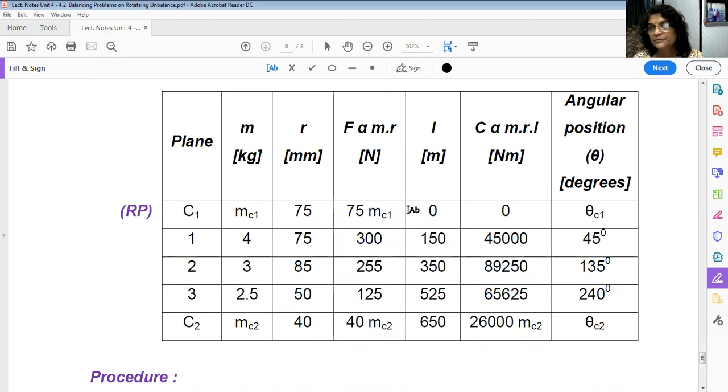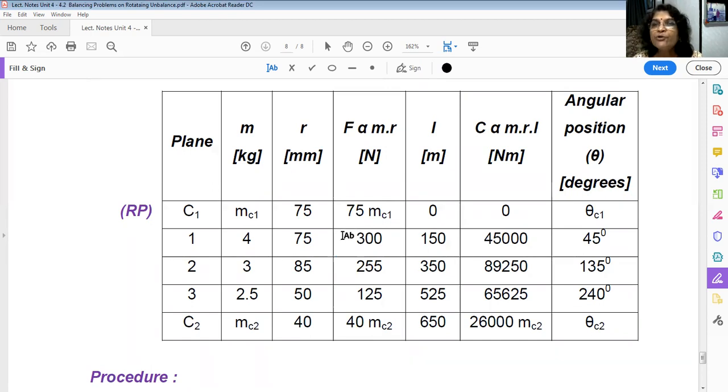There are 2 unknown, correct? Now see, if we try to draw the force diagram, as there are 5 vectors and our system is balanced, so we must get closed polygon, but I cannot complete or I cannot close the polygon because I cannot draw this vector and this vector. These 2 vectors I cannot draw because I don't know their magnitude and their angles also. So I cannot draw force polygon. Okay. So what is my aim? If I could eliminate one unknown I can draw the other polygon.